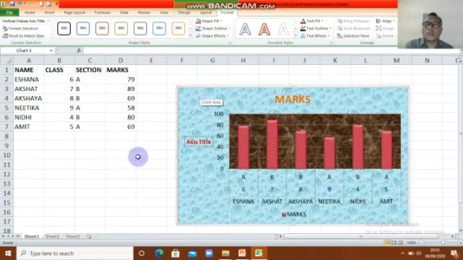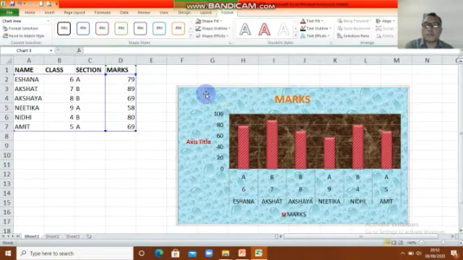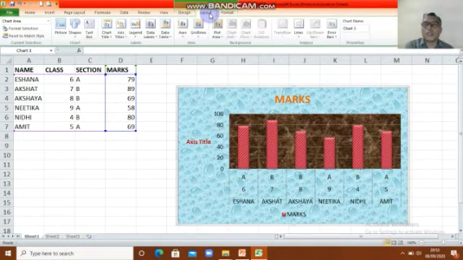If not active, you cannot see them again. So you must make the chart active. Okay, Format, and now Layout. Look at Layout. There are so many options, kid.